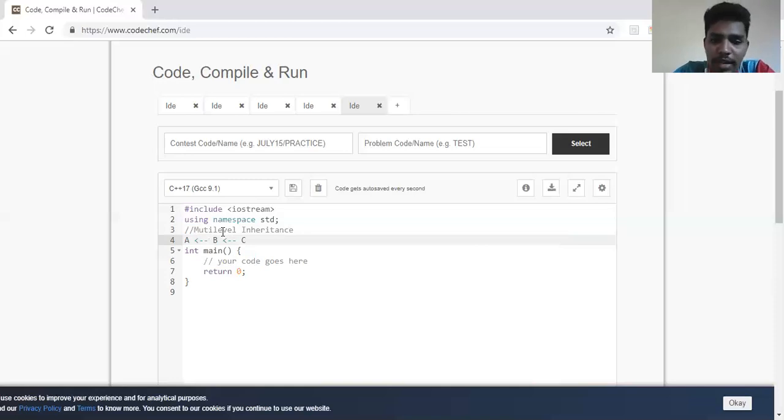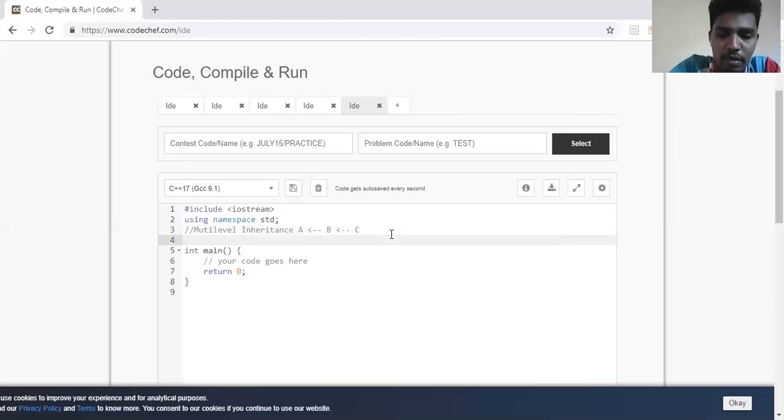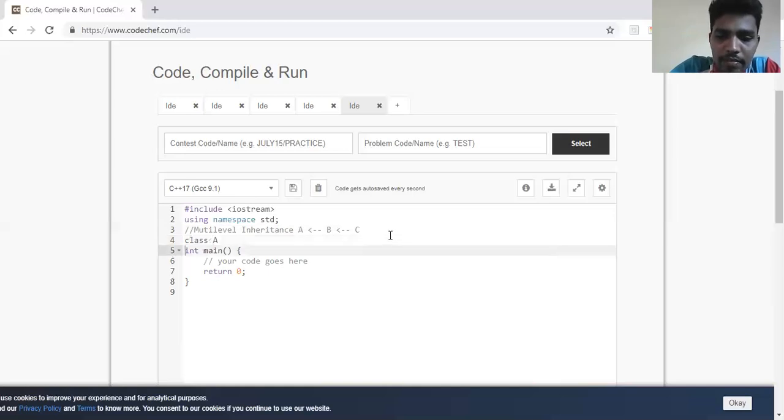Okay. So what is multiple level inheritance? You can see here, there is a class A and the class B takes the features of A, inherits the features of A. Class C inherits the features of B, which indicates that class C by default takes the features of A, indirectly takes the features of A. So we'll illustrate that and we'll run the particular concept. So let me write class A